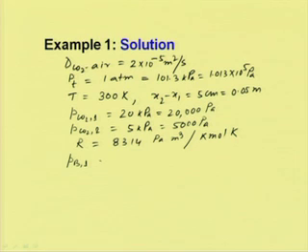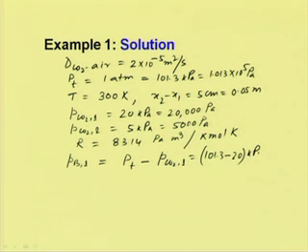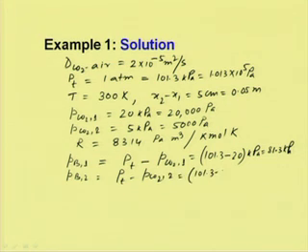PB1 is Pt minus partial pressure of CO2 at point 1, which is equal to 101.3 minus 20 kilopascal, which is equal to 81.3 kilopascal. PB2 is Pt minus PCO2 at point 2, which is 101.3 minus 5 kilopascal, which is 96.3 kilopascal. So, putting this value, we can calculate PLM,